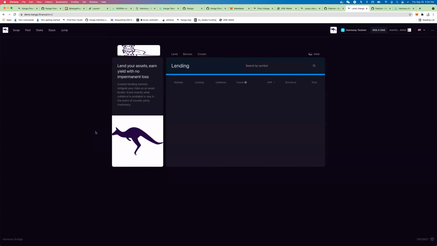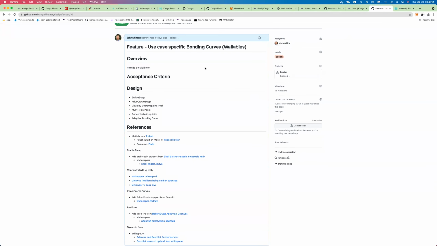Okay. Now, one of the big differentiators for Kanga moving forward is that we're currently planning to launch with a standard bonding curve, but especially for the bridge pools where you're bridging assets across chains, a stable swap curve is much more efficient. So Kanga is planning to launch with the standard product curve, which is similar to Uniswap's V2 offering, which has been leveraged by a number of successful DEXs. But moving forward, we're going to have use case specific bonding curves, and we plan to integrate those bonding curves with what we call MOB, which is an optimized token management pool, which separates the bonding logic from the token management side of things, allowing much more efficient trading both across chains and also on gas fees within the chain as well. So the first focus will be a stable swap curve for bridge pools,